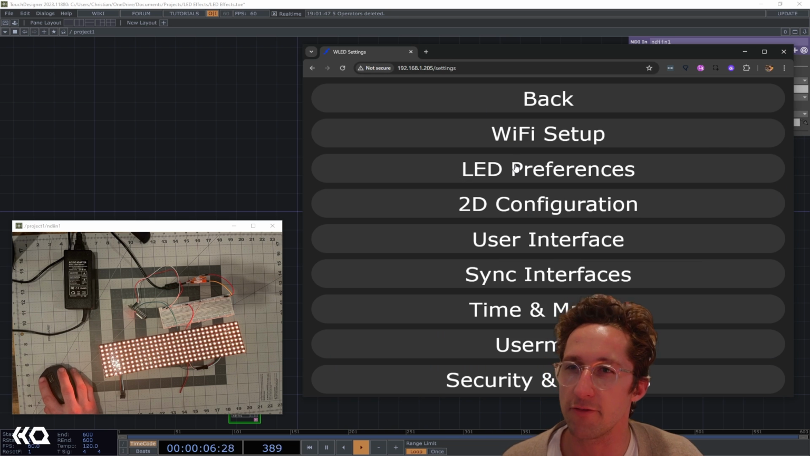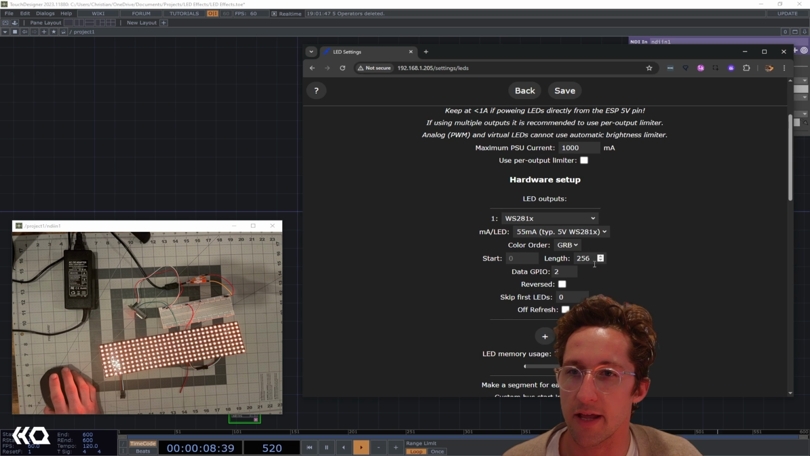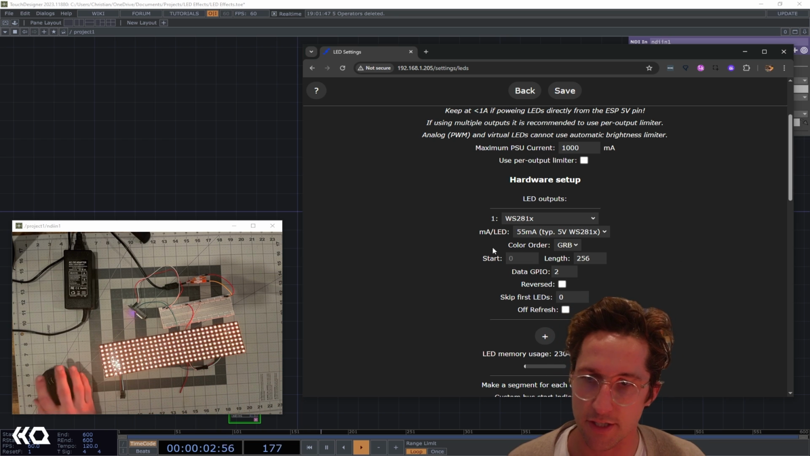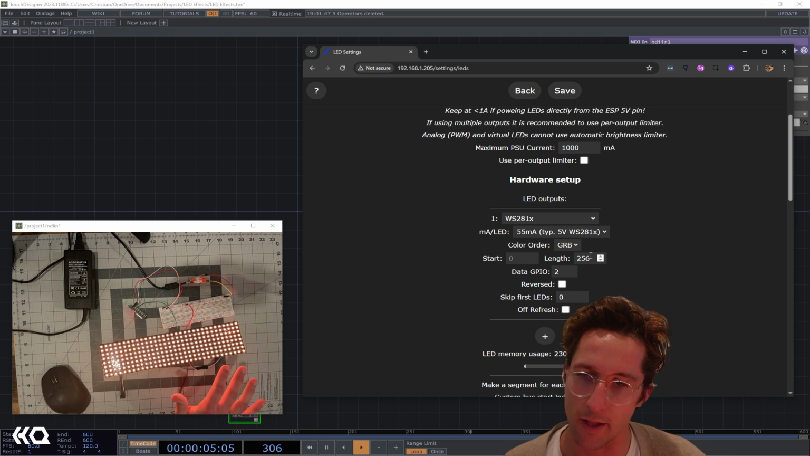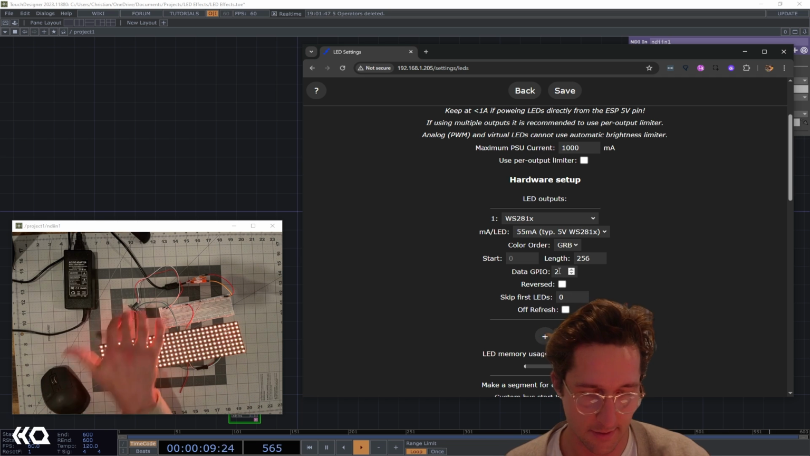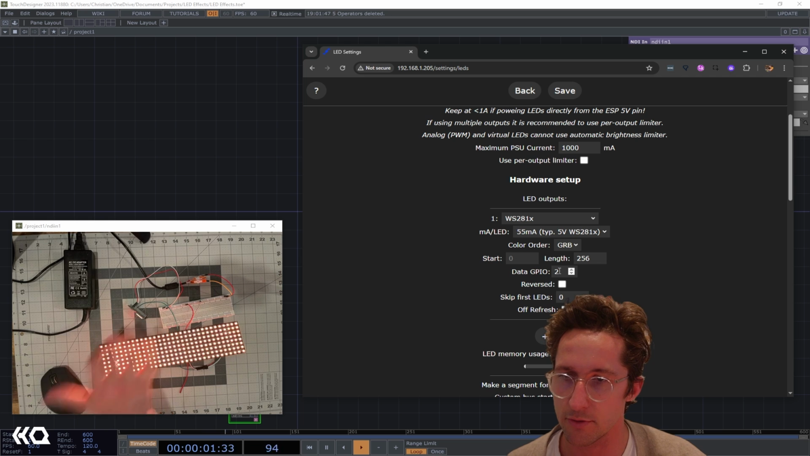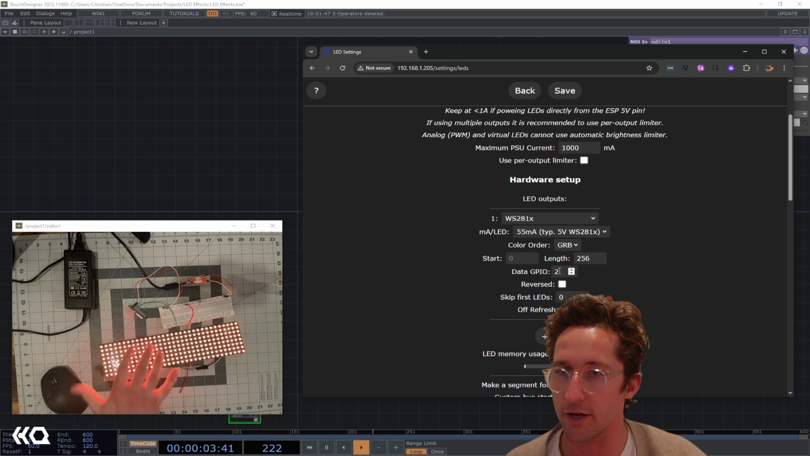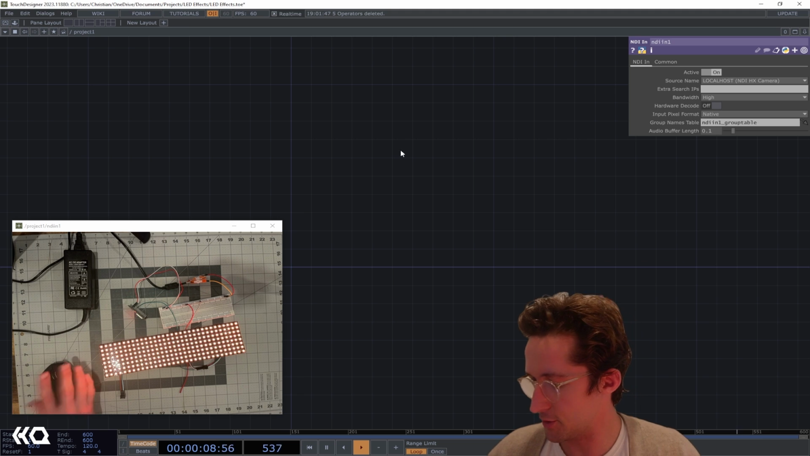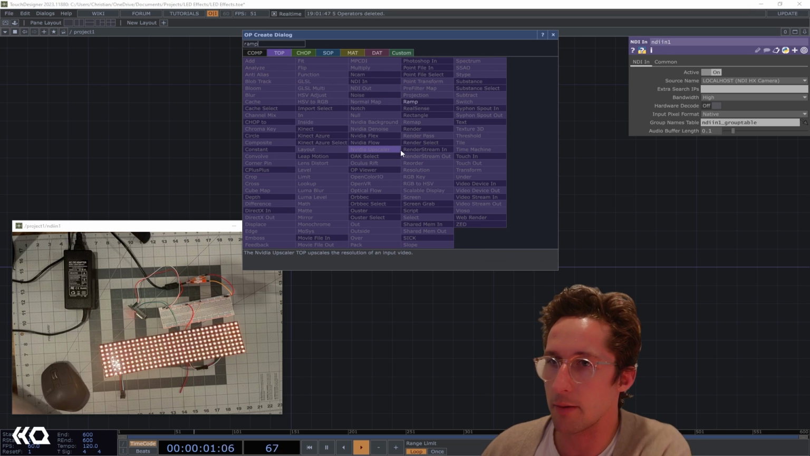I'm going to go into config and LED preferences, and as you can see, this matrix is 8x32, which gives me 256 total LEDs that I can work with. The GPIO pin is 2, connected on my ESP32, and we can use this and communicate with it through TouchDesigner. So in our fresh TouchDesigner project, I'm going to drop down a ramp,